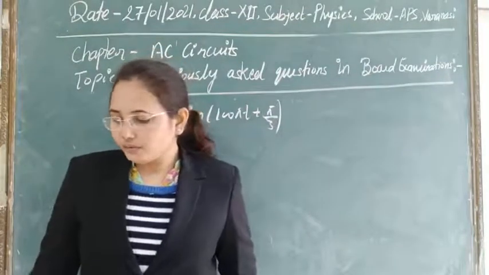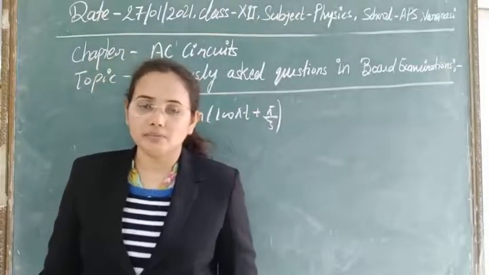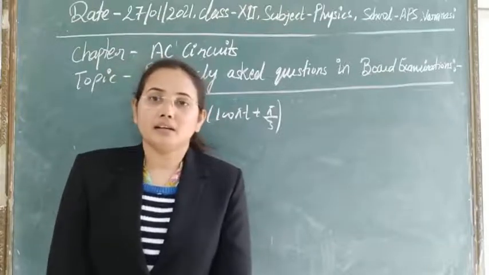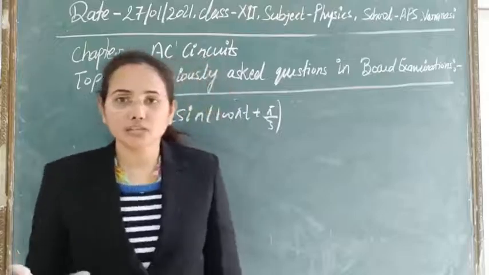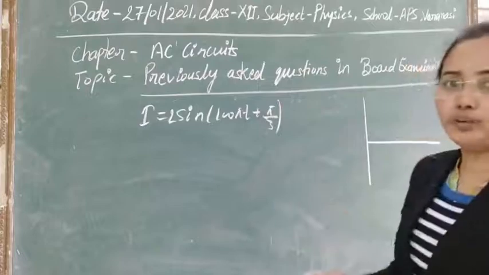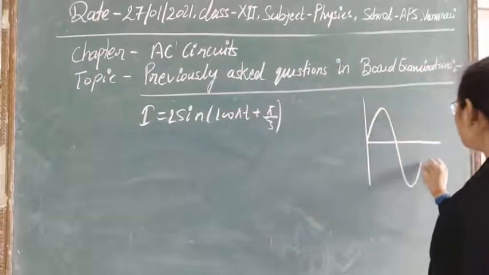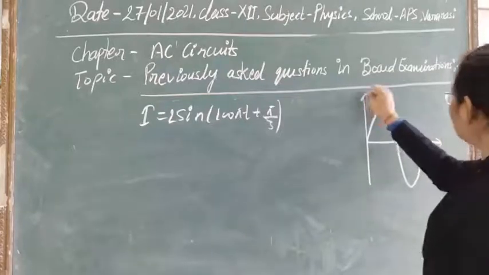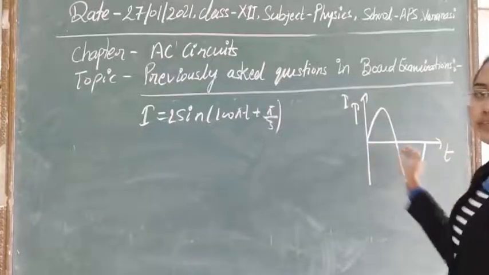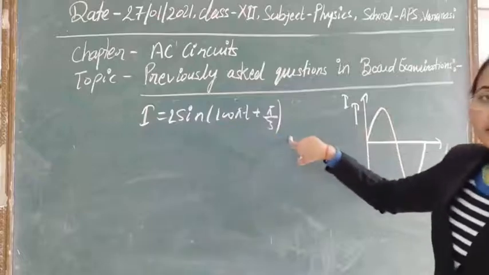Then we have to note at what first time the current will be maximum, meaning at what time we first get the maximum current. This answer can be determined in two ways. A direct way I just want to tell you here. This is the instantaneous value, the variation of current with time, so at any instant the current is represented by this equation.